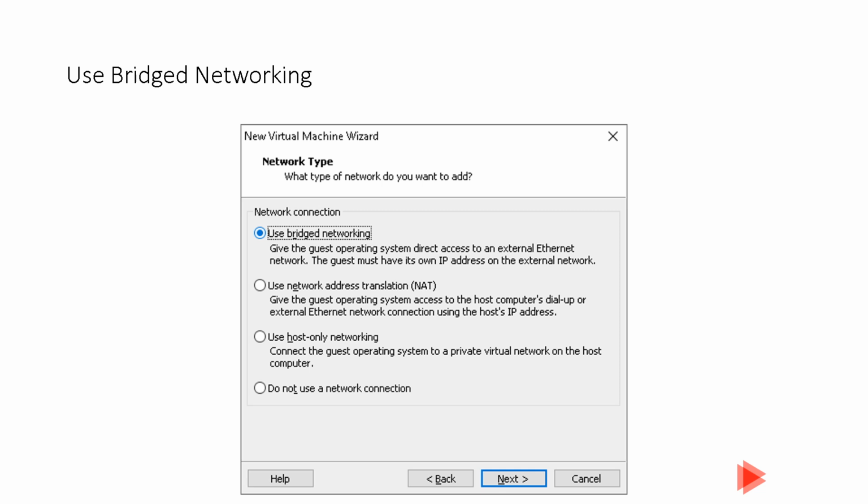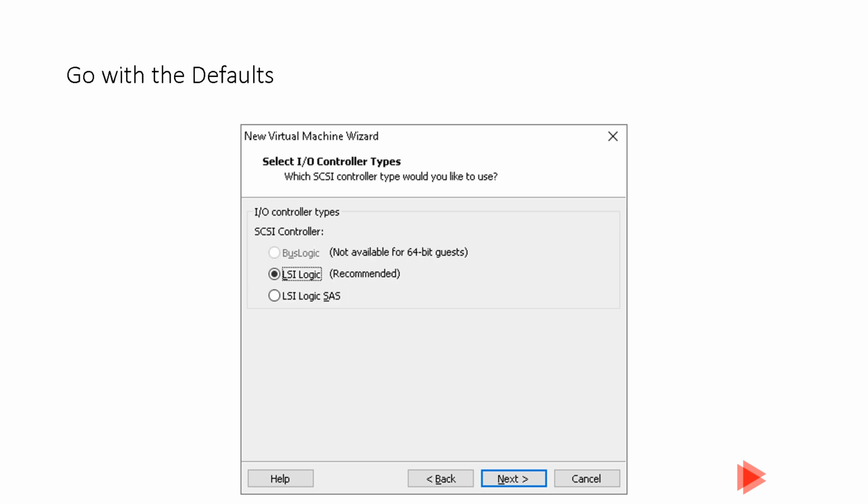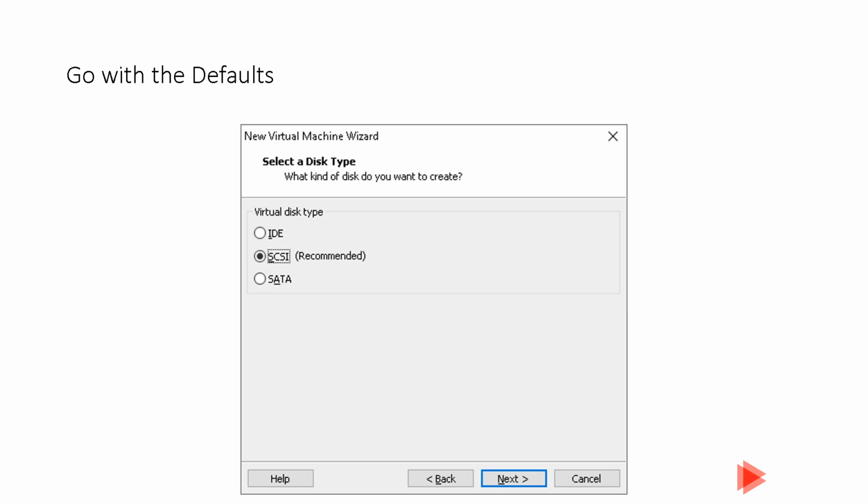So bridged networking is always the option if you want the VM to participate in the network. This is already covered in my earlier video. And let us leave a few of these parameters at defaults. Let us not dig deeper into these configurations. So for disk type, let us go with the default,